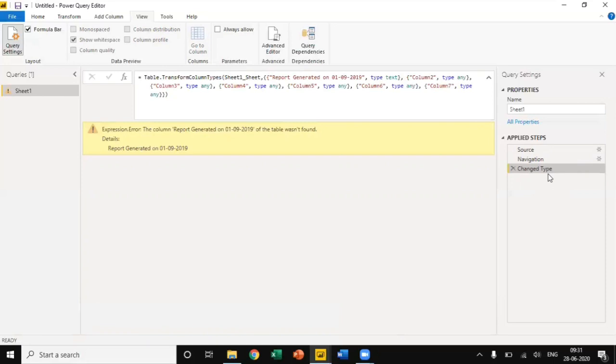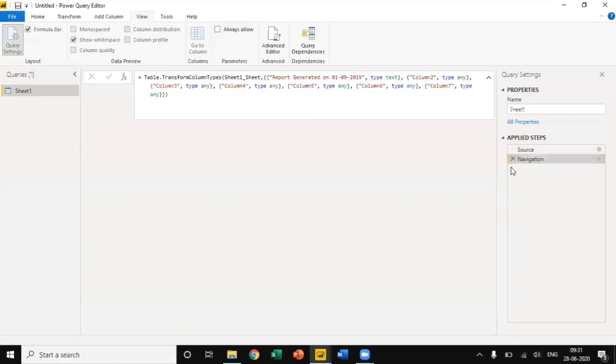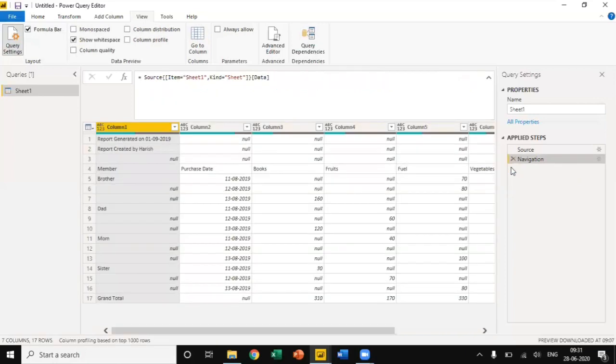If I delete any step in the middle of the applied steps, automatically the next step will throw an error. So I'll also delete this step. Now, as of now, we have two steps: source data and the navigation step.